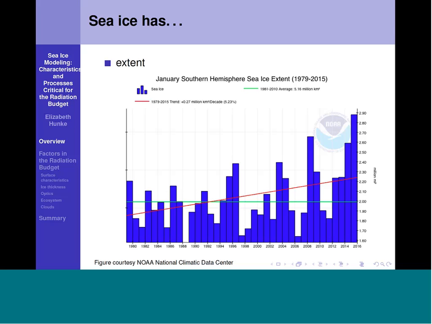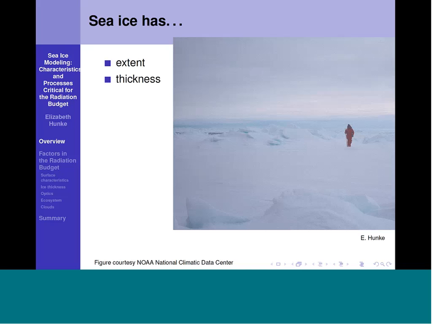Though sea ice has extent, it also has thickness, but its vertical thickness is much smaller than its horizontal extent. Young, undeformed ice is generally 1 or 2 meters thick at most, but sea ice is often deformed into ridges, like you see here, usually less than 10 meters thick. And that's Steve Ackley out on the ice in the Weddell Sea.